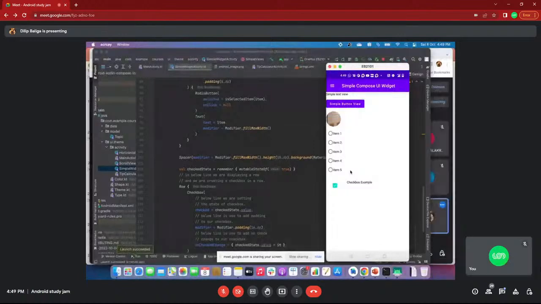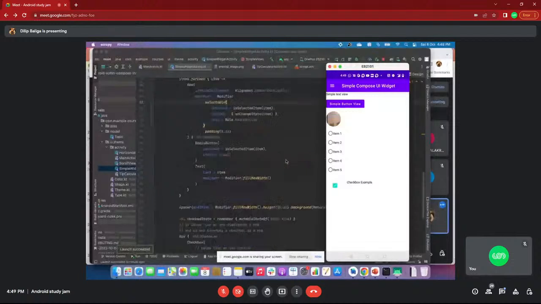Next, here I have specified the spacer property. And one second.